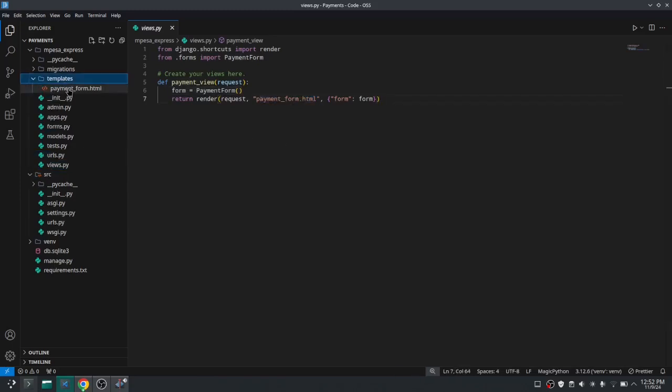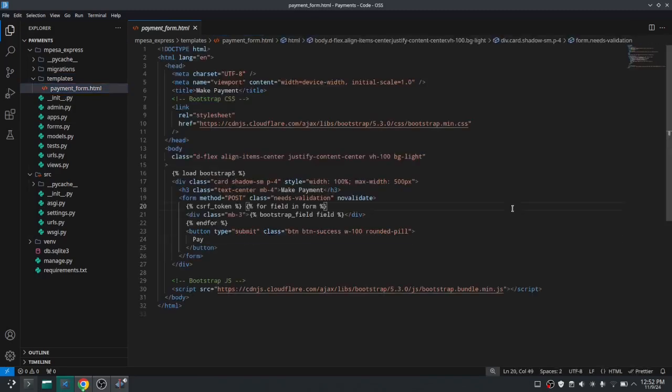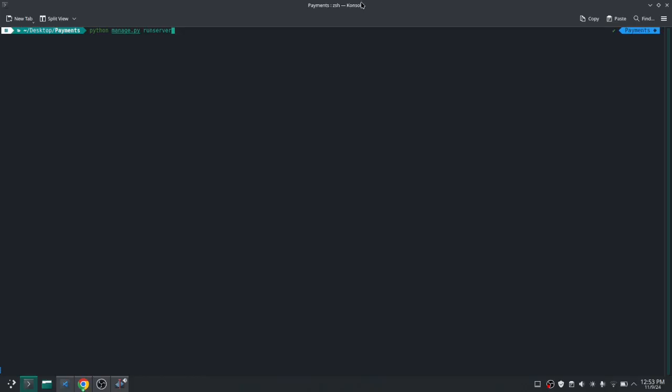You can see there's this payment HTML form, and you can see it's just a simple form. I'm using Bootstrap to style it, so this is just a simple Bootstrap form. So if you are conversant with Django and Bootstrap, this is just straightforward. I didn't add any functionality, so maybe I can just run that up so that you can see how it